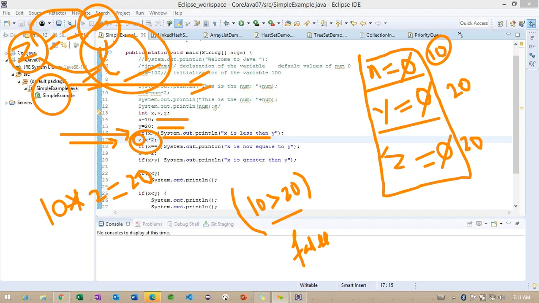Getting the point? Whether both the values are equal or not is going to be identified here. So make sure this is very important: the single equal statement and the double equal statement here. Getting the point? So this is the way the value changed. Now the z value has become 20, still the x value is 10.